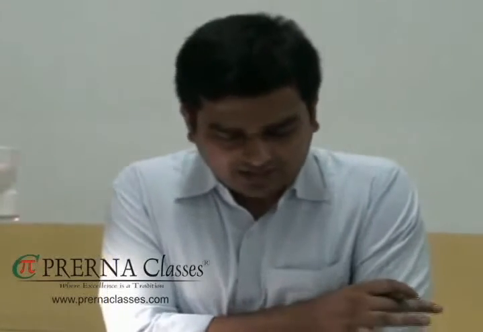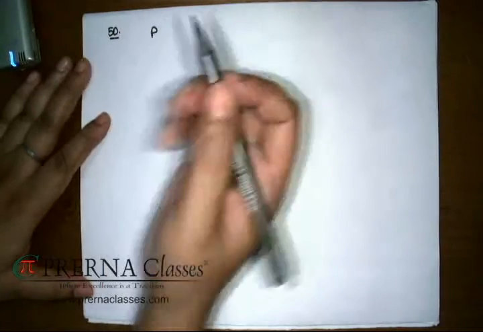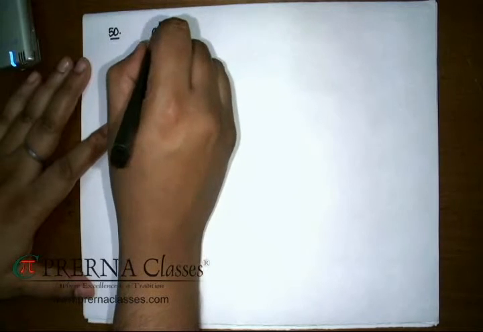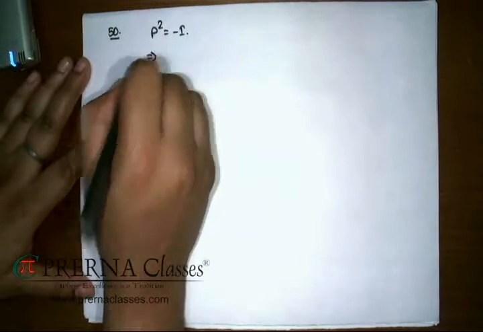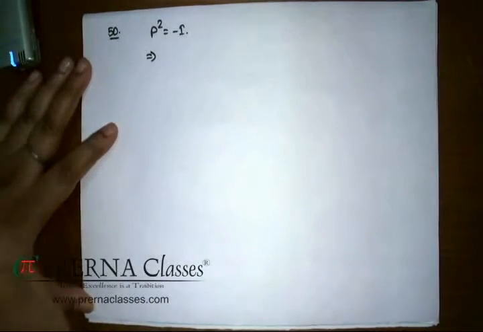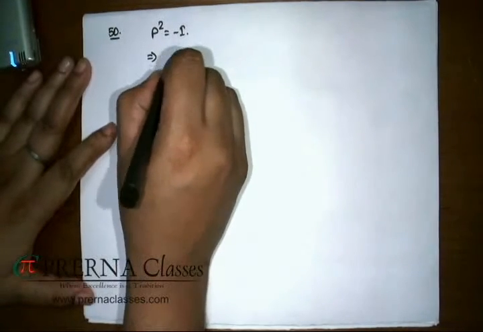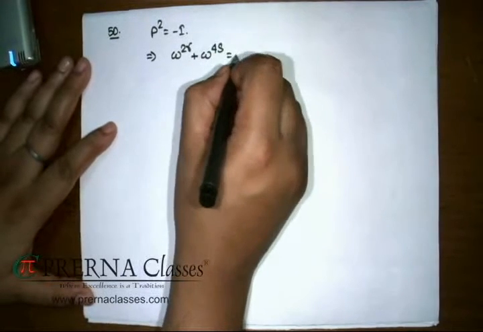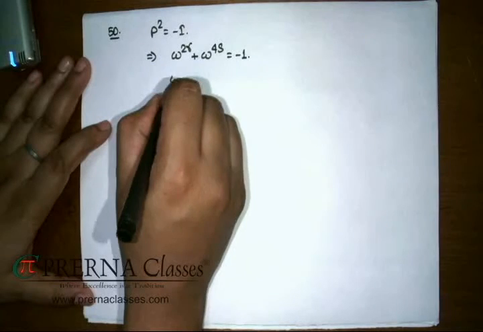Let's move on to the next section, that is the integer answer type section, which I guess is the simplest part of this complete paper. In the first problem, you have some complex number given, which clearly is omega, and utilizing that complex number, we have to make sure that P square is minus I. Once you simplify that P square and make it equal to minus I and equate corresponding terms, you should end up getting two different equations overall. One equation is this quantity equal to minus 1, and the other equation is